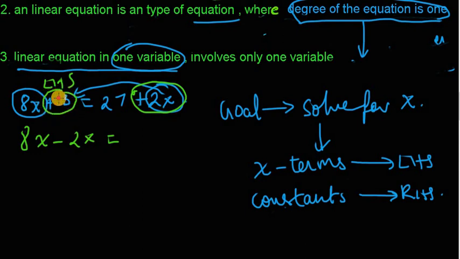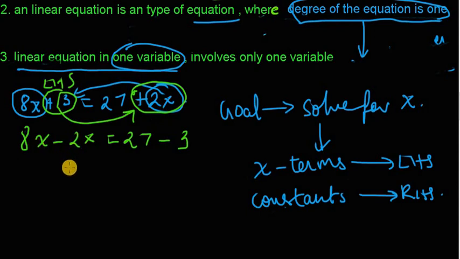So here this plus 3 should be shifted to this side. So plus 3, here it is plus 3. So there it will become minus 3. So this is how we write statements. Okay, let me recall it again. Our main goal is to shift the x terms to the left hand side and the constants or numbers to the right hand side. And whenever we are shifting, its sign should change. Okay, so here it is plus 2x, it will go as minus 2x, and here it is plus 3, and it will go as minus 3.